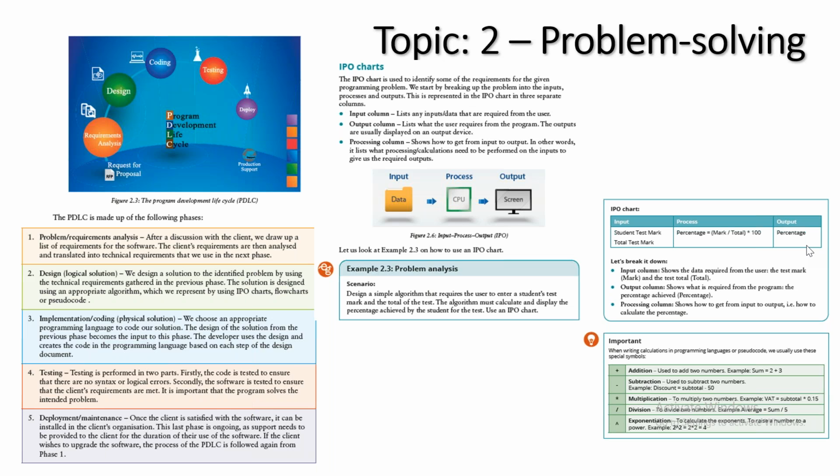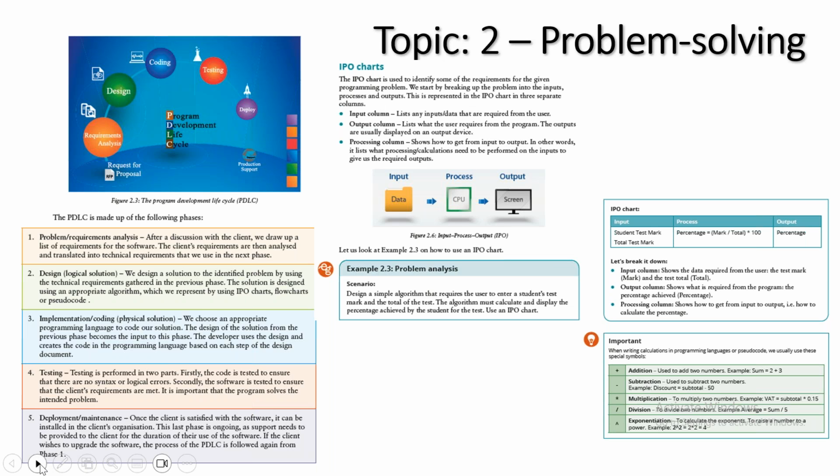We don't just tell students what IPO charts are, give them an example, and move on. We make sure that when they read it a few times, they understand it. When they're away from the classroom and the lecturer, if they go through the "let's break it down" again, it's just like a lecturer explaining it to them. Also in our books, you'll find the symbol which says important. Whenever things should be emphasized to the students, we put a little important icon next to those concepts.